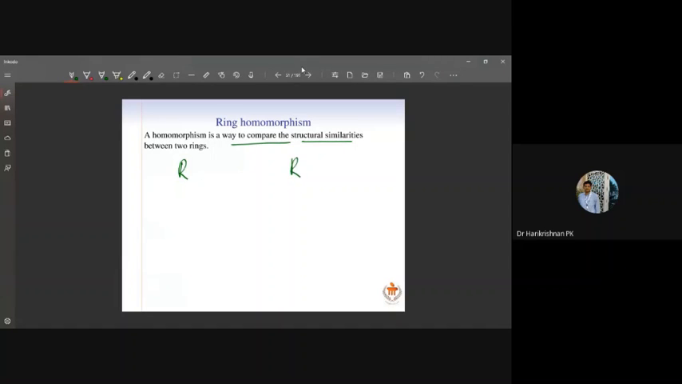You take two rings R and R dash. Here R has an addition and a multiplication defined on it, and R dash has another addition and multiplication defined on it. A homomorphism between two rings is a mapping phi from R to R dash such that this mapping preserves the operations. What do we mean by preserving the operations? You take any two elements in the domain. The operations here are addition and multiplication. Phi preserving addition means: